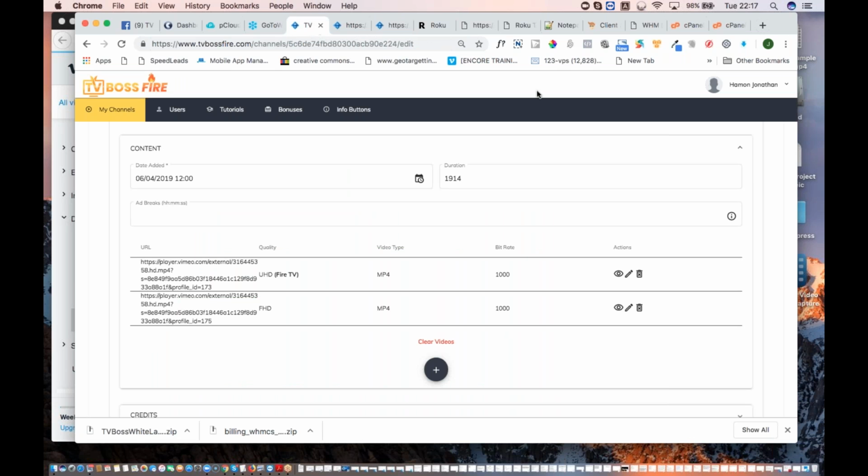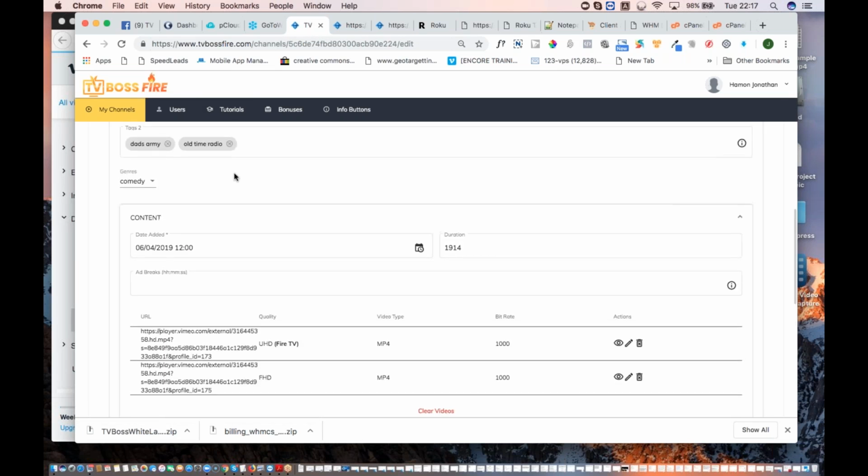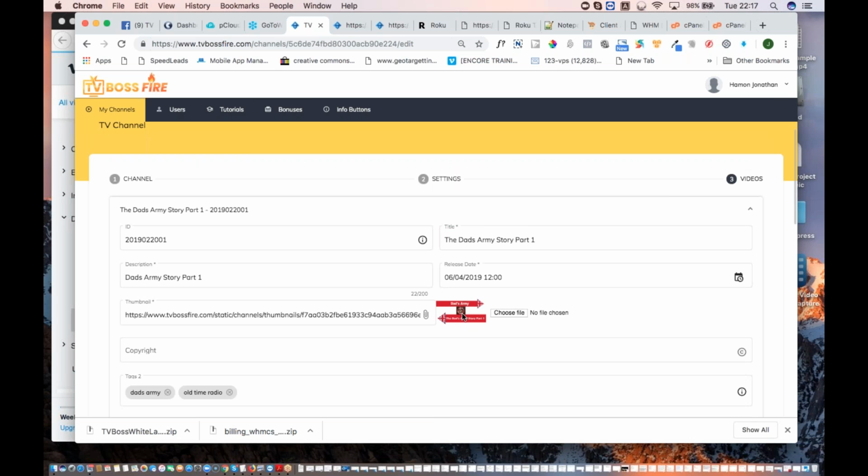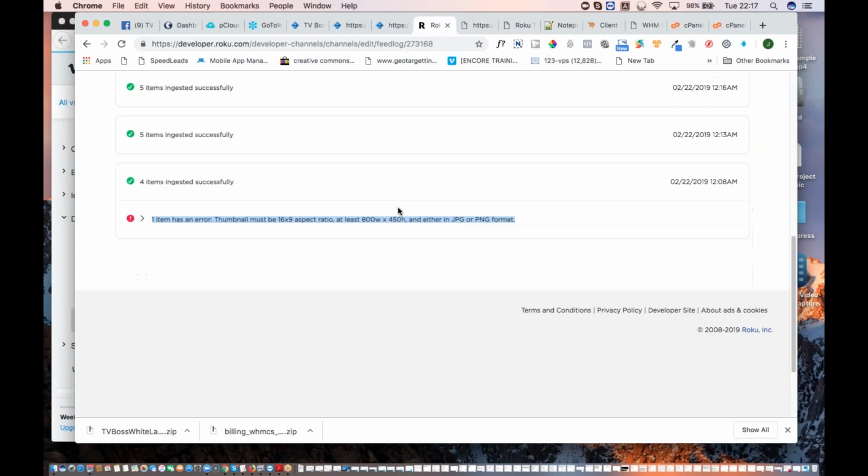in TVBoss. So if I go back to the top of this section, this thumbnail here, I've just chosen it from my computer, already named appropriately, and then I'm not going to have any problem with this image, most likely. I obviously did have one there, albeit that was back, I think it was the 22nd of February. And so I had to fix that, but you can see I did that in 5 minutes